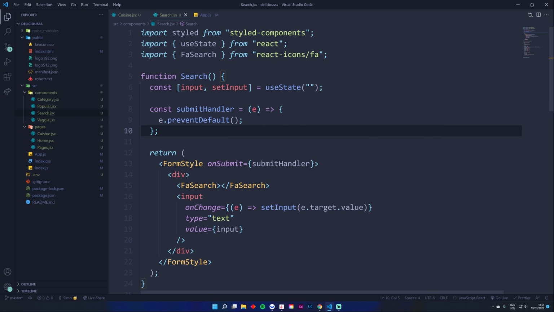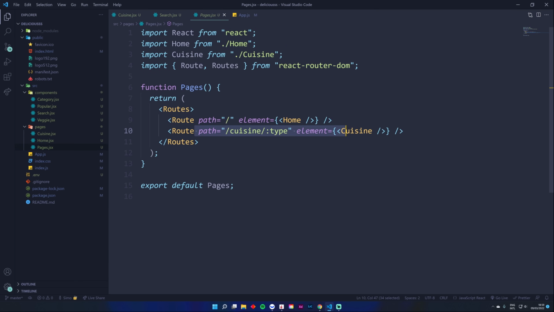You're going to find out in just a bit. Let's first make the page and hook it up in our pages here, right? We want to add a new page for the searched ones. So let's make a new one, new file. We'll call this